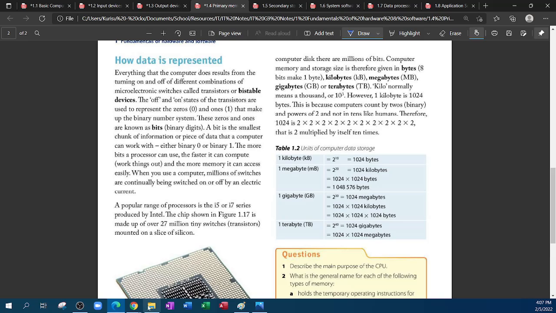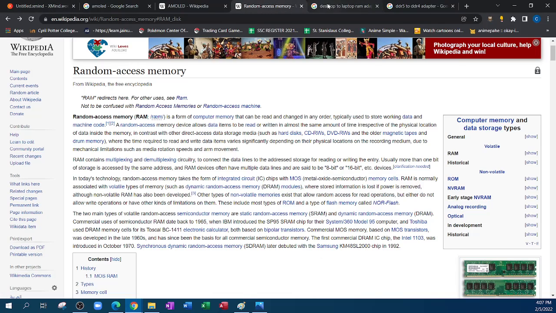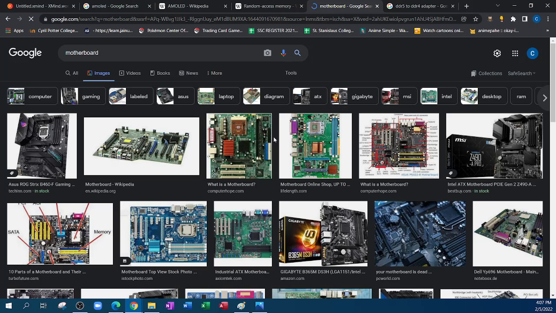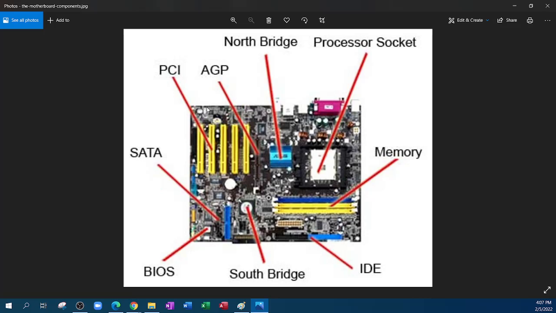PCIe slots. To know what a PCIe slot is, we're going to need to have a look at the motherboard. We'll look at the same image. If you notice, you have the CPU, you have the memory, and remember I said SATA is your hard drive. Notice BIOS is here at the bottom. Now notice you have PCI. So PCI or even AGP, those are